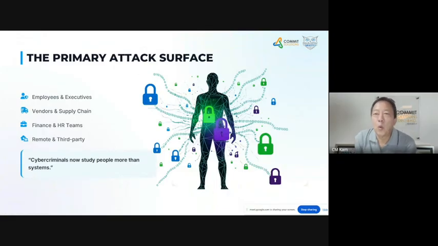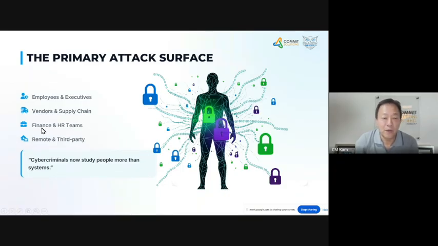Okay, so the primary attack surface. Today we talk about, first of all, why we look at the primary attack surface. I think these are the areas which are very prevalent today, and they attract a lot of attention as far as cybersecurity is concerned, right? First of all, your employees and executives. These are the people in the organization, and they are one of the primary attack surfaces. And of course, your vendor and supply chain, because in a B2B environment you do open your system for either your supplier or your customer to log in, whether to place an order, make a payment, or arrange delivery of your goods, logistics, and things like that. So these are also one of the attack surfaces.